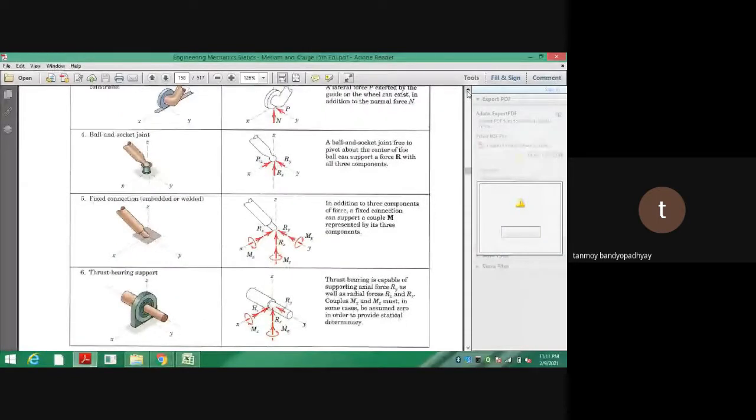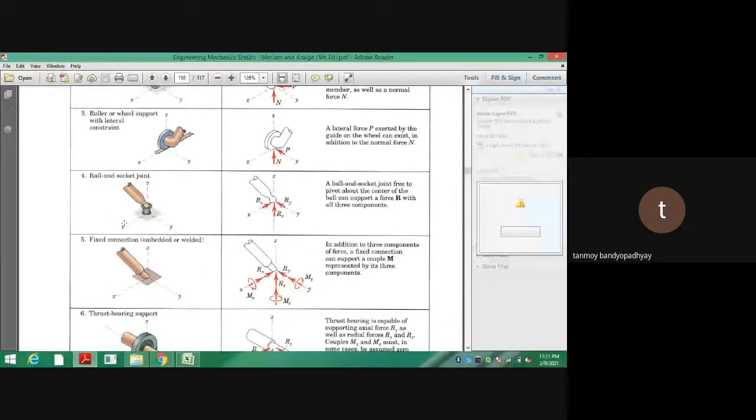Okay, so let's discuss 4 and 5. 4 and 5 are our point of interest. So if you go to 5, look, 5-1 is a welded connection. So welding means it's totally affixed to the surface. So as you can see in 5, it's totally affixed to the surface. That means it's not allowing for any motion, either translation or rotation.